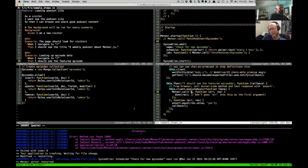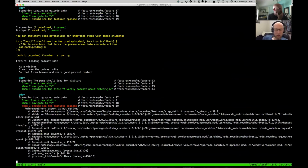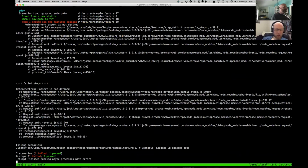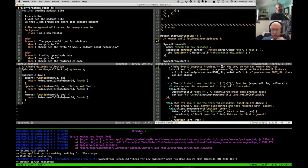All right. So here I think we want to call that fetch and insert bustles. Yep. And just see what happens. So this client execute async. Reference error. Assert not defined. Well, did something. Why is assert not defined? Are you kidding me? That's what I was laughing at. I was like, what is that from? Do we need to...